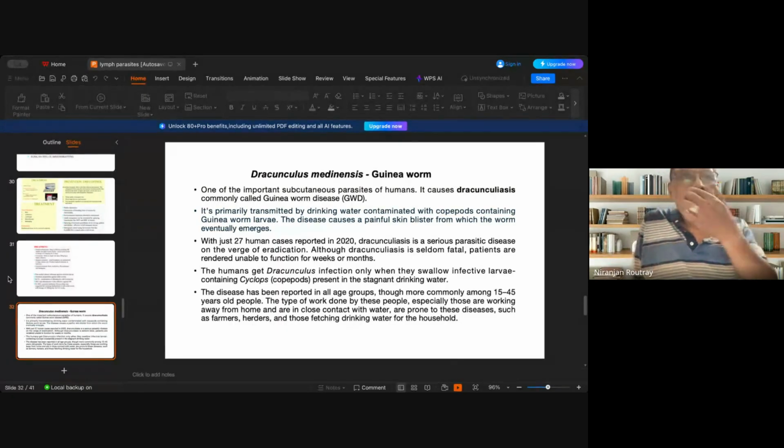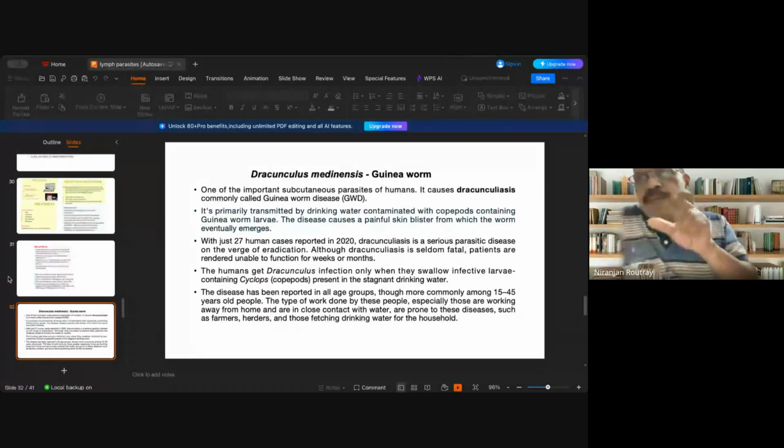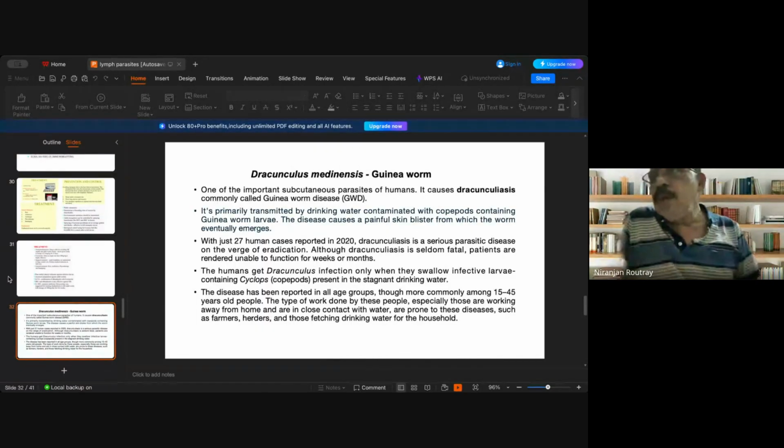So skin blister means some eruption occurs, and this eruption bursts, liberating the fluid, and generally through the opening that forms, the embryos are released, and this embryo is released only when you wade through the water. After release, it is taken up by the cyclops, which are the planktons present in the contaminated water. So when you drink this cyclops contaminated water, it infects your body.